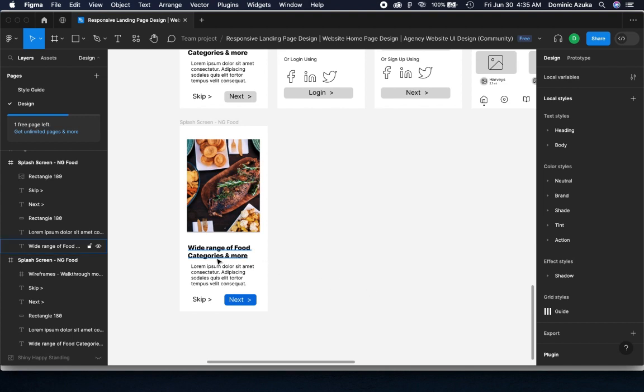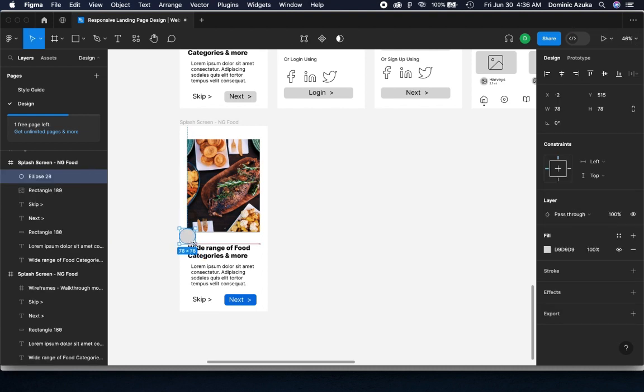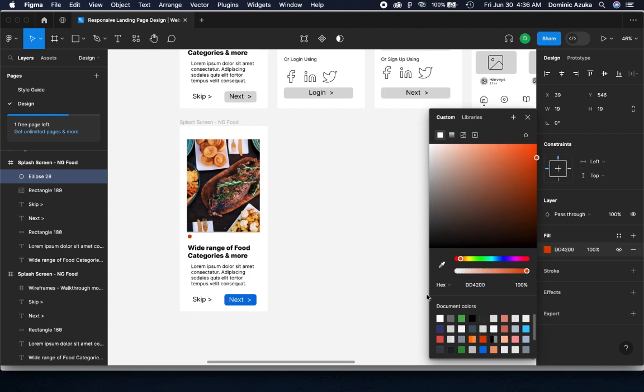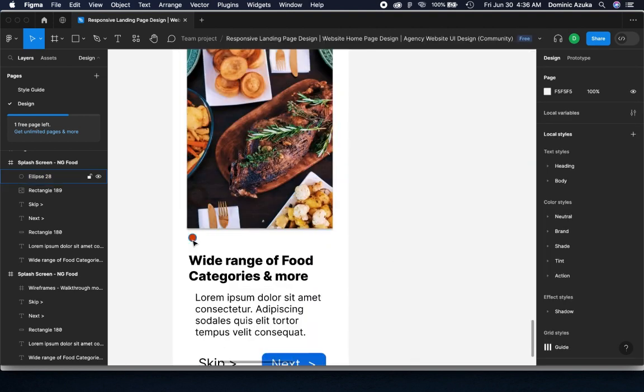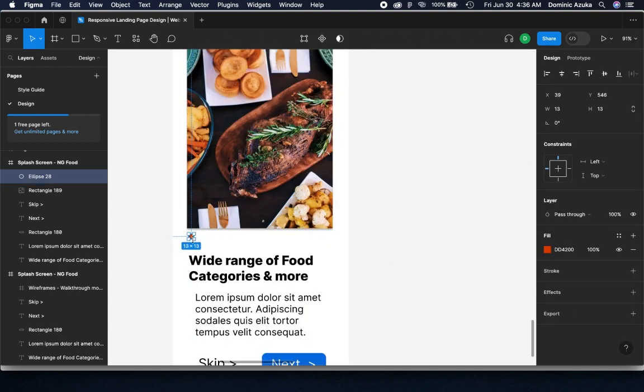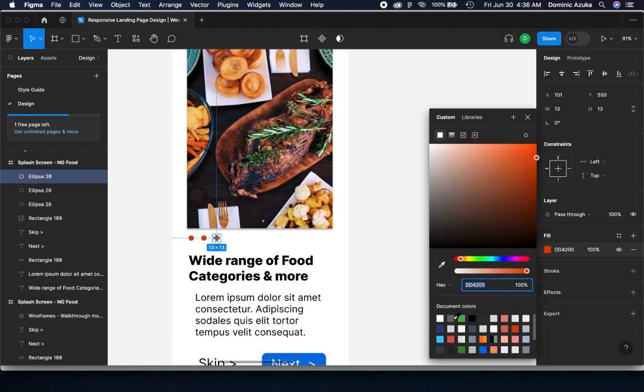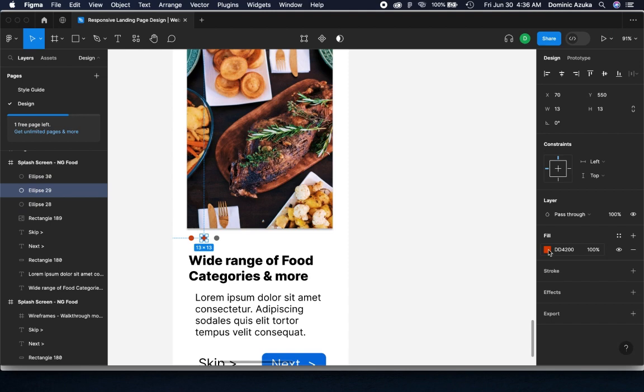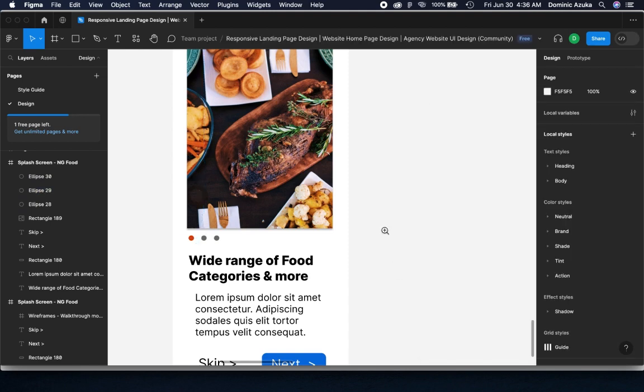So the next thing I would love to do here is to make something like very, very small circles. I'll duplicate them into 3 and give one a red color to indicate 3 images in the splash screen. The first one we're seeing now is the current image, so I'll change the color of the other 2 for it to look like the one in red is